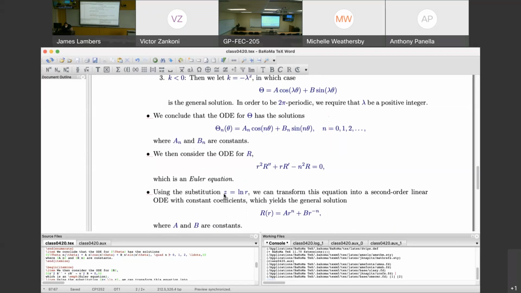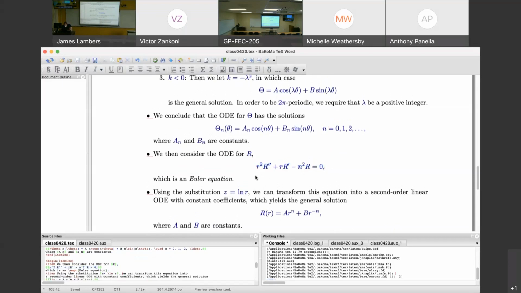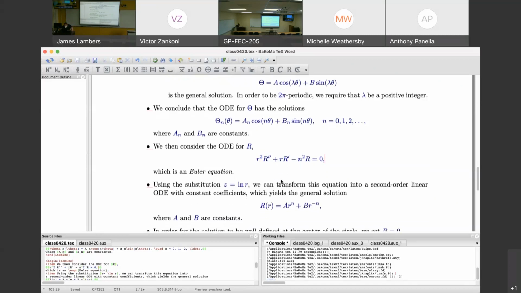if we make a change of independent variable, z is natural log of r, then this ODE transforms into one that is a second order linear ODE of constant coefficients. Because right now, this one, you can't apply the techniques that you originally learned in your first ODE class for solving linear ODEs with constant coefficients, because coefficients are not constant. We have r squared here, we have r here. But by making this change of variable,